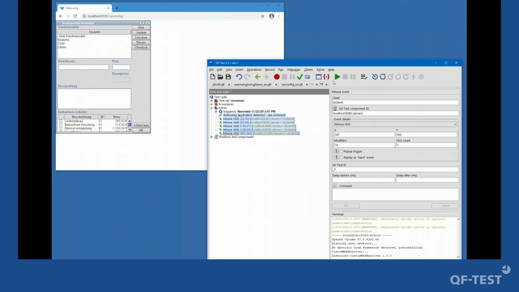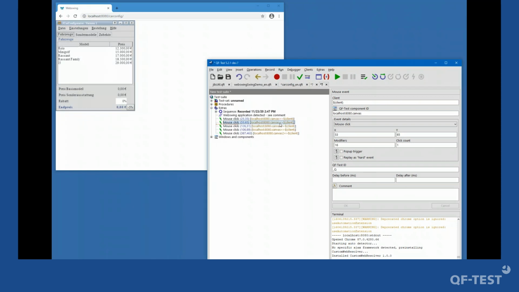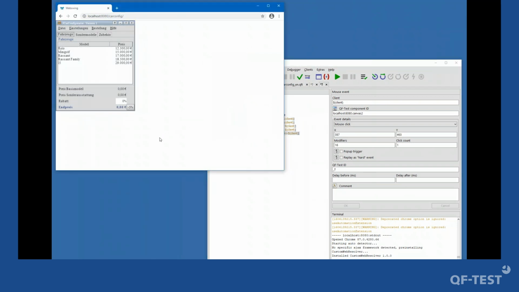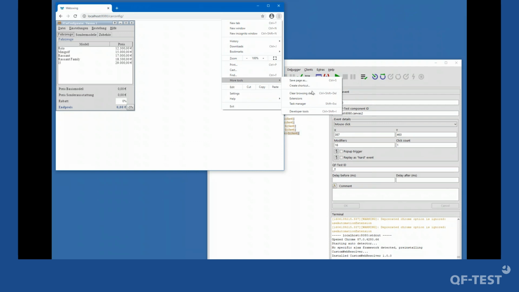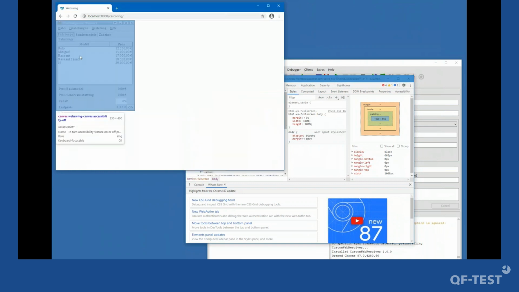We can replay the recording, but for people who are experienced with QF-Test, if you look at this, you see mouse clicks and you see coordinates. And here you see target components, which is always localhost 8080 canvas. And it's all the same. And when I close this extra window here, you see it's always the whole window. And if we look at the Chrome development tools, we have a different shortcut here in the English version. We also see